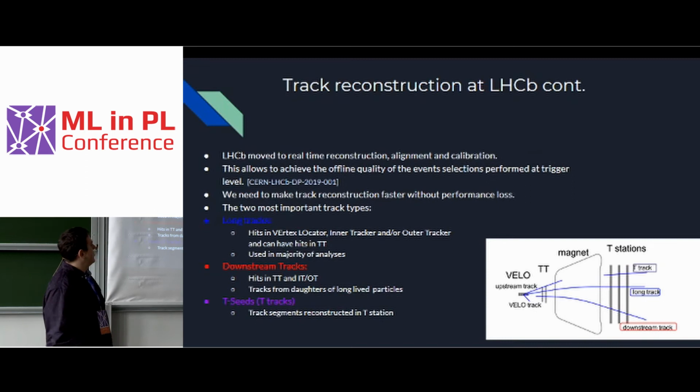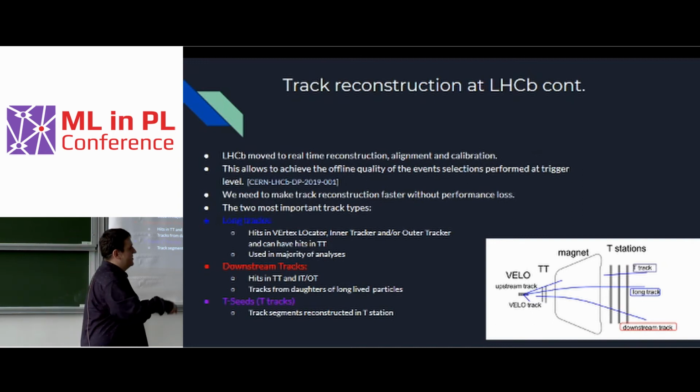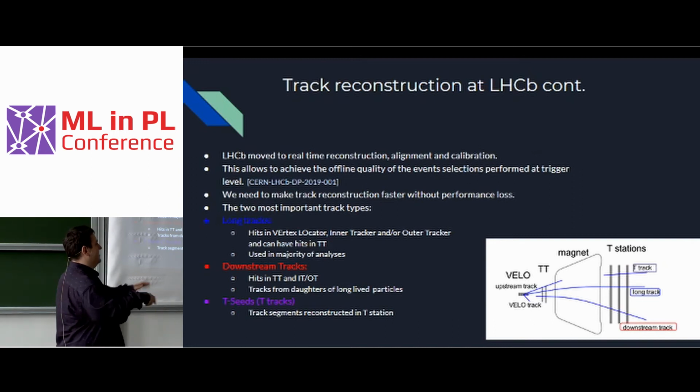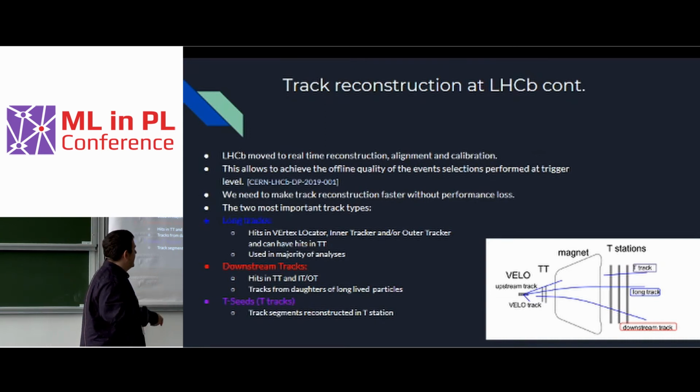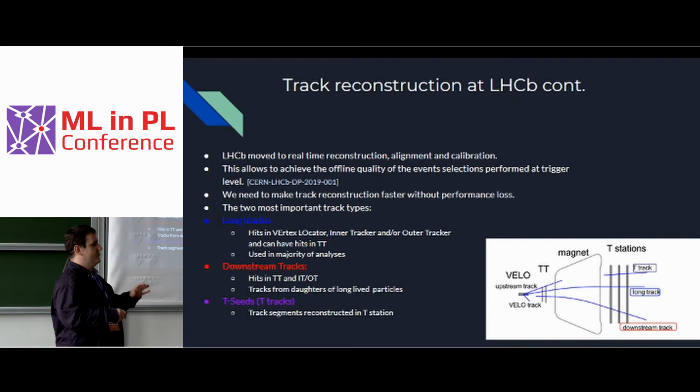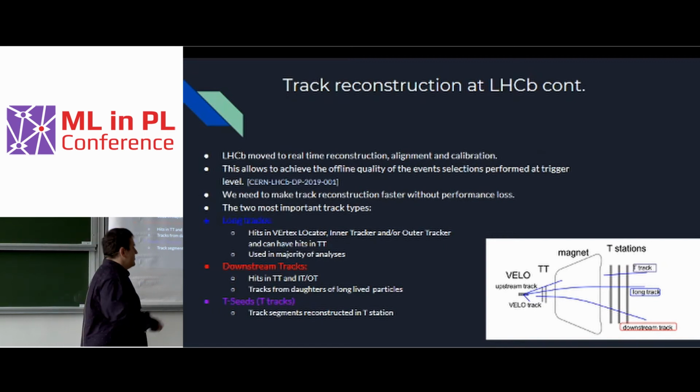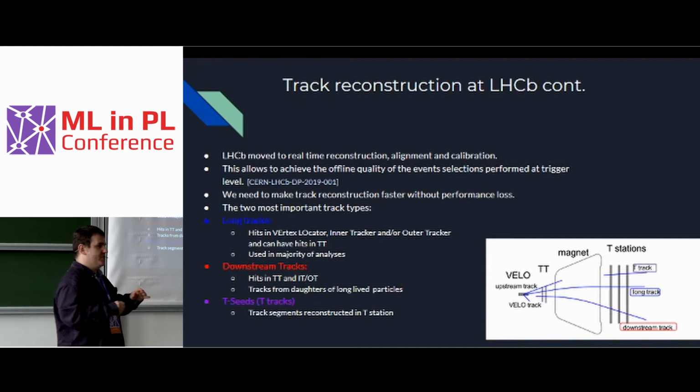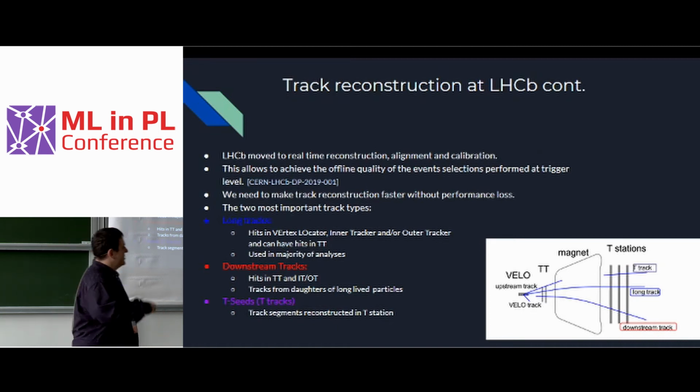So now I would like to continue this to explain what type of tracks we need to deal with. I hope that you remember the schematic view of the detector. Right now, I'm just keeping only the parts that are important for track reconstruction. So this is the VELO. VELO is our vertex locator. It is located in the area where the particles collide with each other, and there we also put some tracking